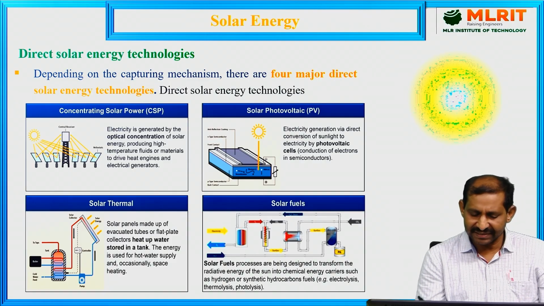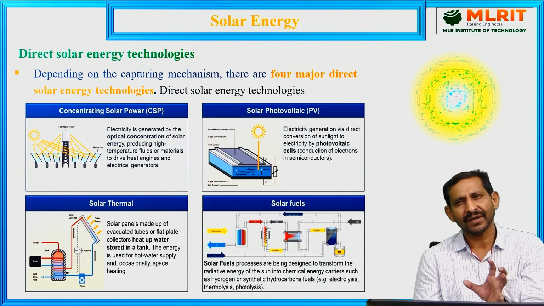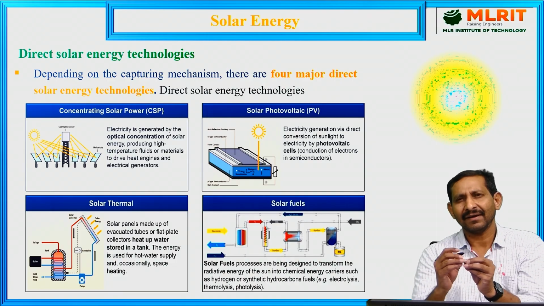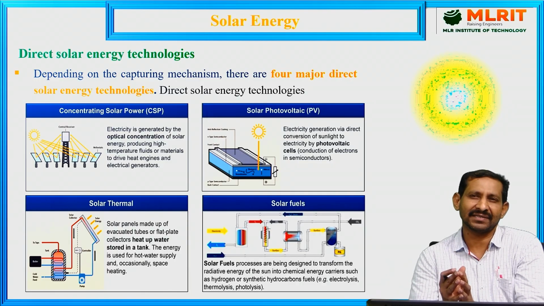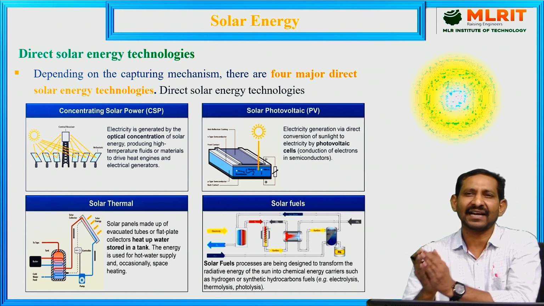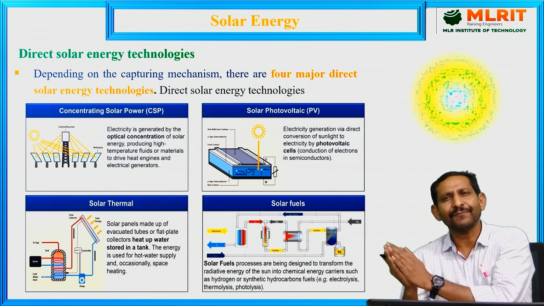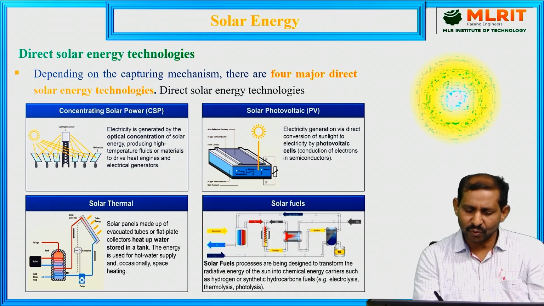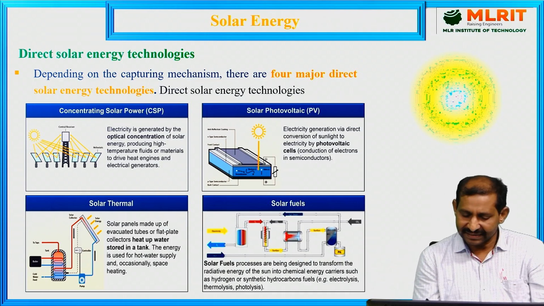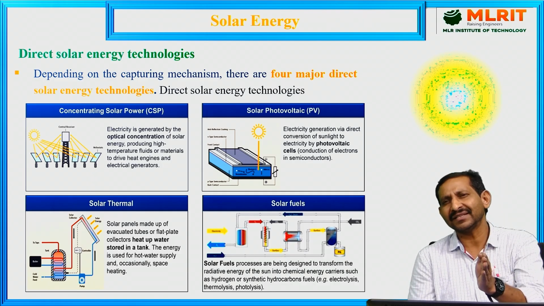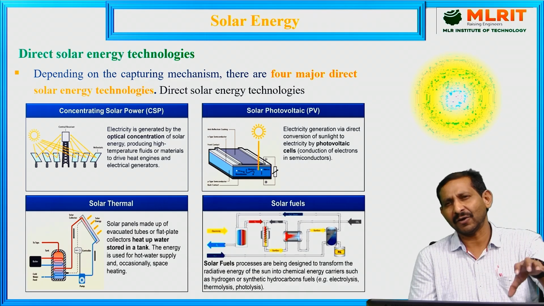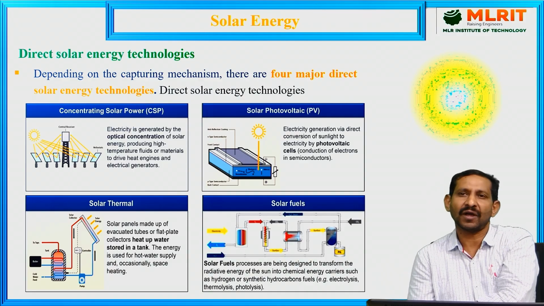Solar fuels means that using solar energy, one energy is converted to another energy. For example, water splitting, water electrolysis by using solar energy with a catalyst. Here the water is split and converted to hydrogen as a fuel energy source. So this is solar fuel conversion. Like that, different hydrocarbons are also used. So utilizing solar energy, the conversion of one compound to other fuels through electrolysis or photolysis is what we call solar fuels.